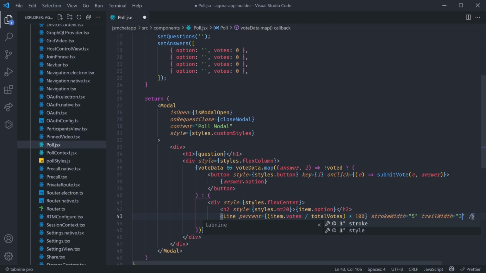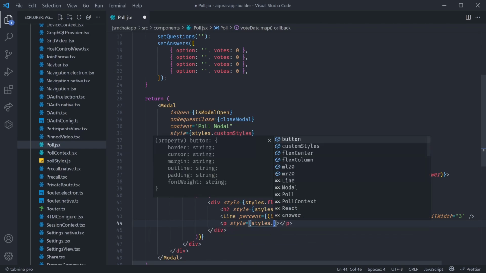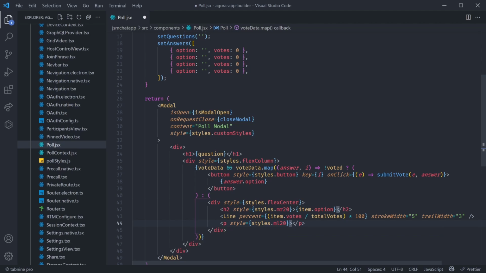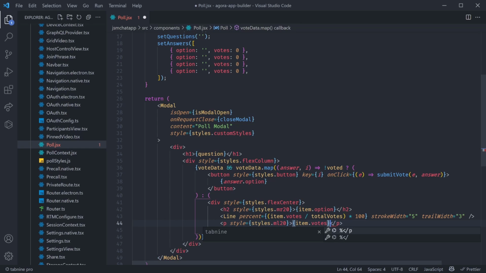These are just some settings to make our line look better. Finally, below this line, we want to have a p tag that's going to have a style equal to styles.ml20, margin left 20, and in there, we're simply going to show the number of votes that each answer has,